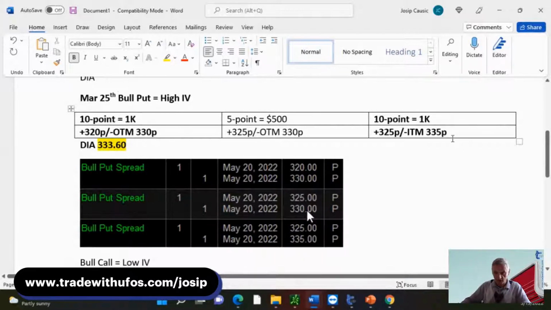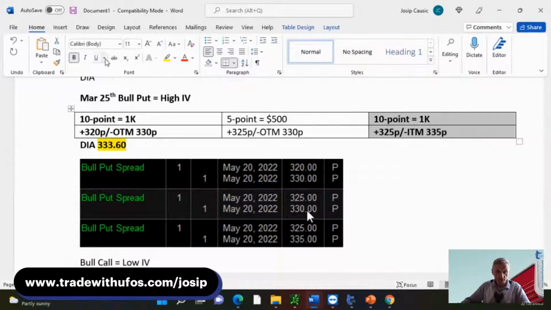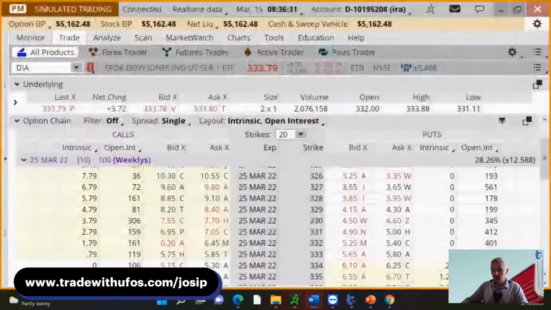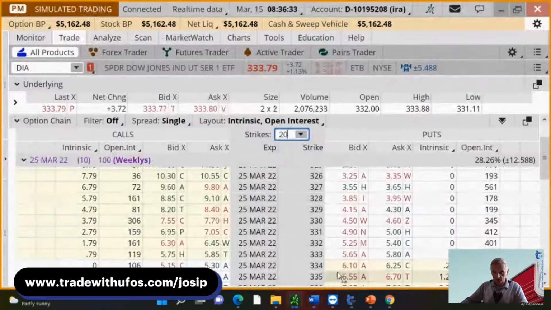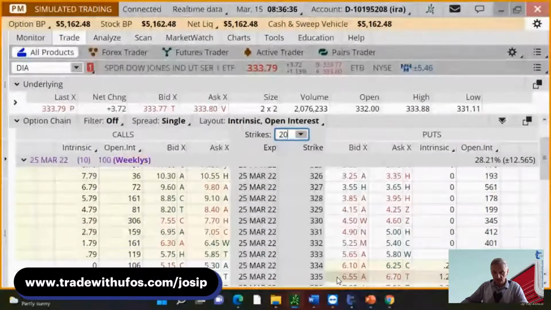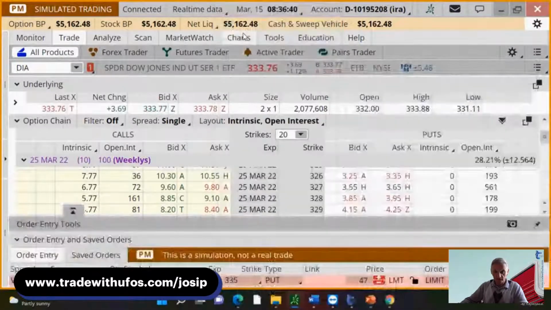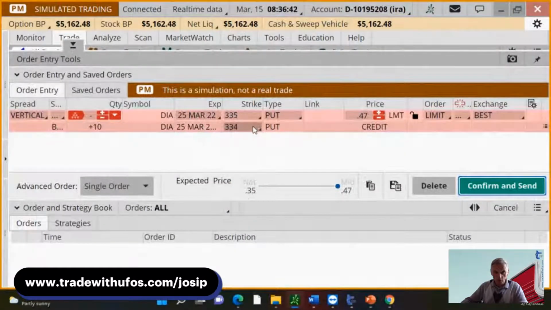Now, I personally, if you ask me, would prefer to do this one, and I'll defend my thesis why I would pick this one when I pull up that information. One of the easiest ways to engage the attendees in this whole thing would be simply to fire this paper trade in and then work the way around it. So I'm clicking here, 335. I'm going where it says sell, vertical. Of course, they're going to give me the wrong number.